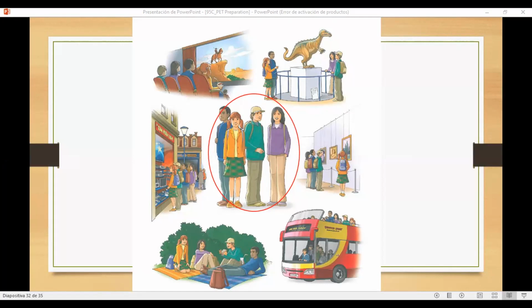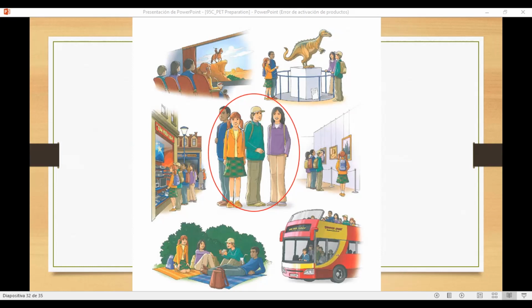Para que se les haga mucho más fácil, to make it easier, this activity, I'm going to share with you the image so you can as well share it in the group you are, ¿sí? Pueden compartir la imagen dentro de sus grupos para que se les haga mucho más fácil